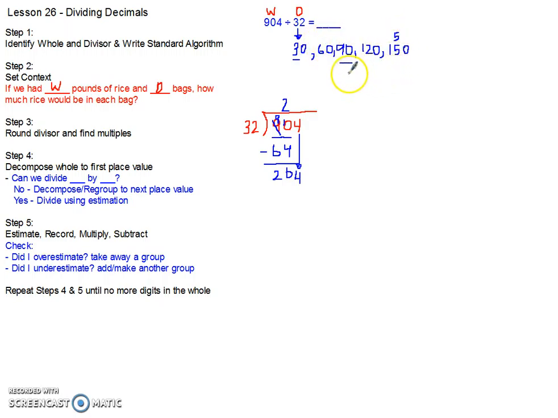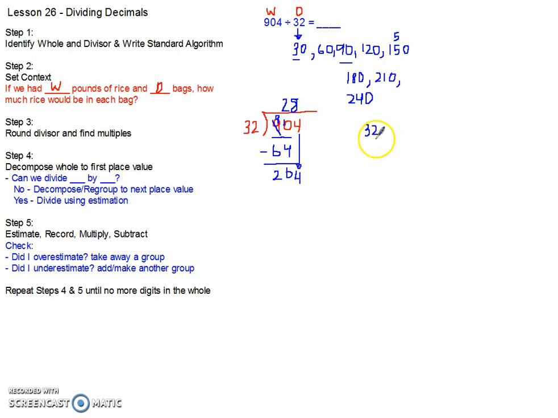And I could keep going and try to find an estimate that would work, 180 or 18 tens. And I could go to 21 tens, which would be 7. I could go to 24 tens, and I'm going to stop here at 24 tens or 240 because I don't want to go above 264. So if this was 5, 6, 7, 8, I'm going to try my estimate of 8. So I record it, then I multiply 32